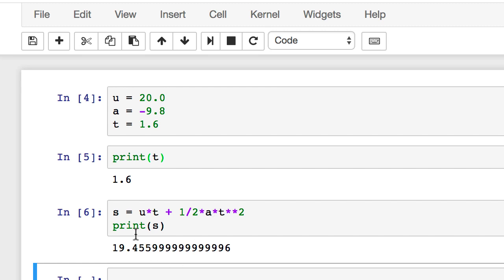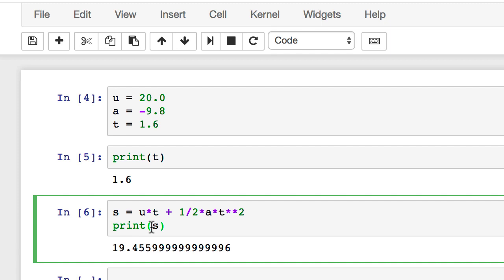Now right now this is looking a bit cryptic. You know what this does, I know what this does, but if I came back to this file tomorrow, I'd probably have completely forgotten. So let's make it a bit more clear to humans what's going on. One thing we can do is, instead of printing just s, we can actually print some explanation. Now if you want to print lots of things at once, you could just have a lot of print commands,